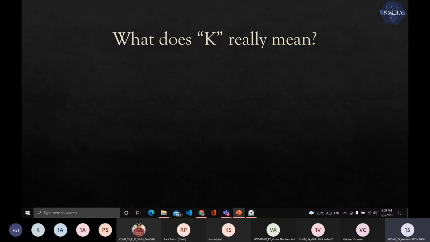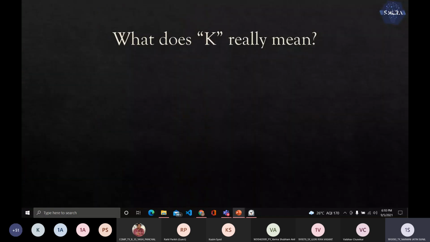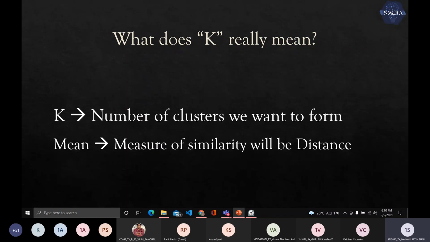K-means has two parts in its name, right? K and means. What is K? K is the number of clusters that you're aiming for. So in this particular graph, there are 3 clusters. The next obvious doubt will most probably be, how do we select K when the data is not as visually easy to understand? We'll learn about that in the notebook. We have many ways to optimize and choose the optimal value of K. The next part, the means. I told you before, clustering is a way to group similar data points. In the K-means algorithm, the measure of similarity will be distance. We're going to be dealing with the means and the centroids of the clusters.